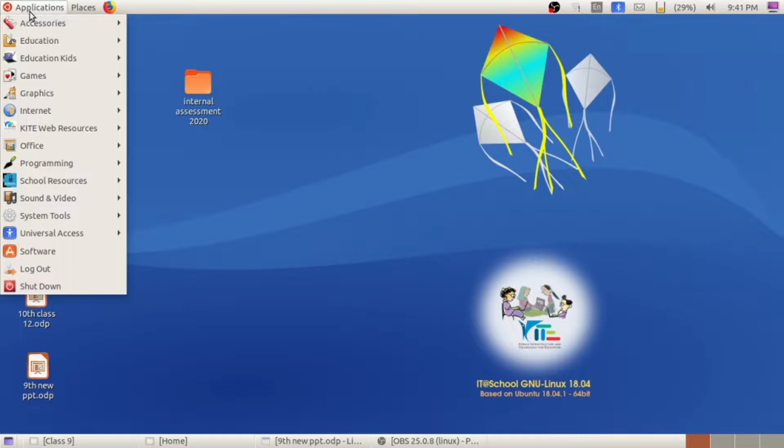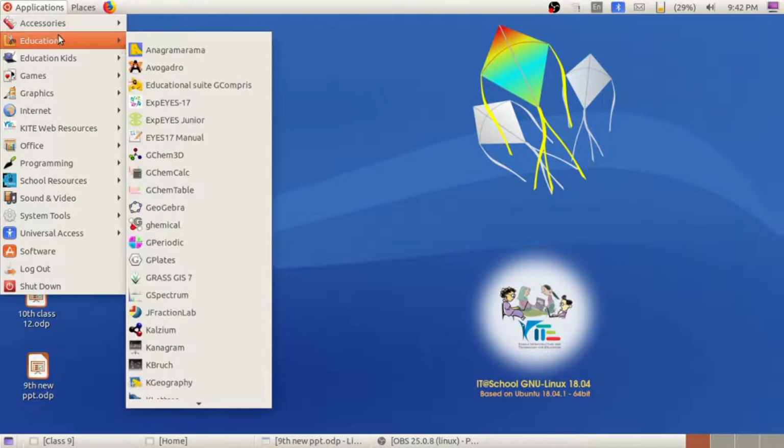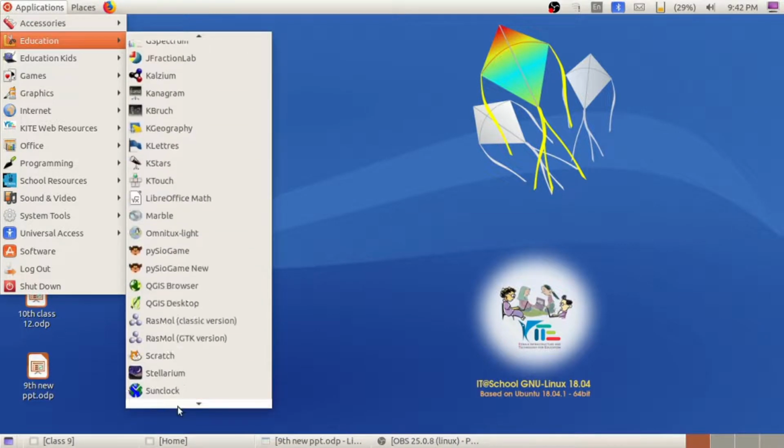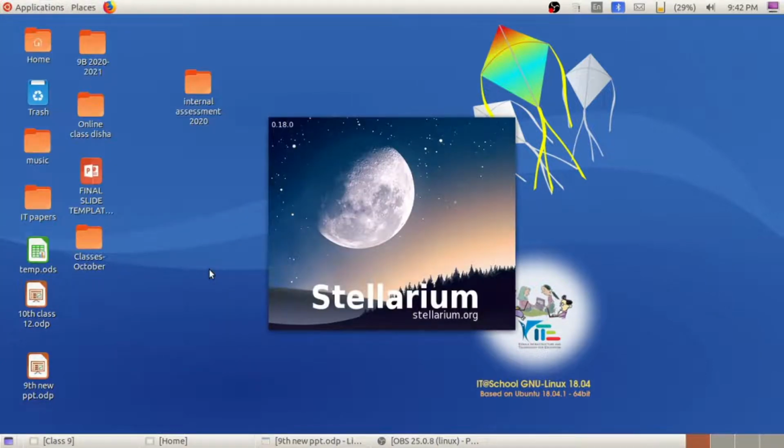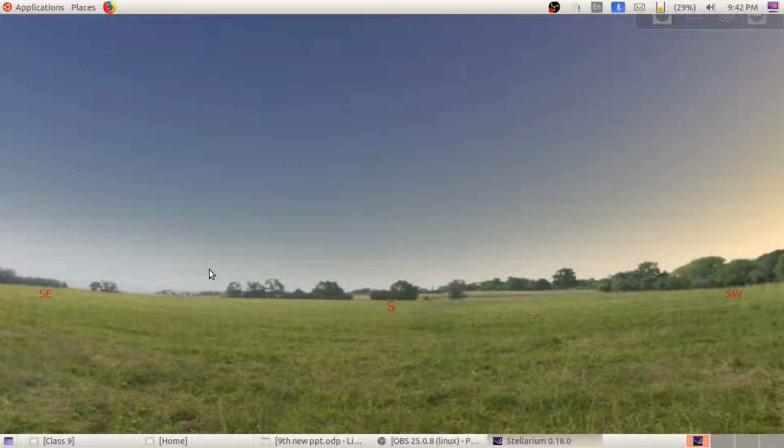Okay. So let's start with the new software Stellarium. Go to Applications, Education, Stellarium to view the stellar objects. Select the Stellarium software. So this is the Stellarium software. Here your main activity is to find the constellation. But in your textbook, they have specified some other activities. Let's adjust the location, then find the orbital line, then adjust the date and time. So your duty is to find the constellation. But I'll show what is the use of each and every tool.